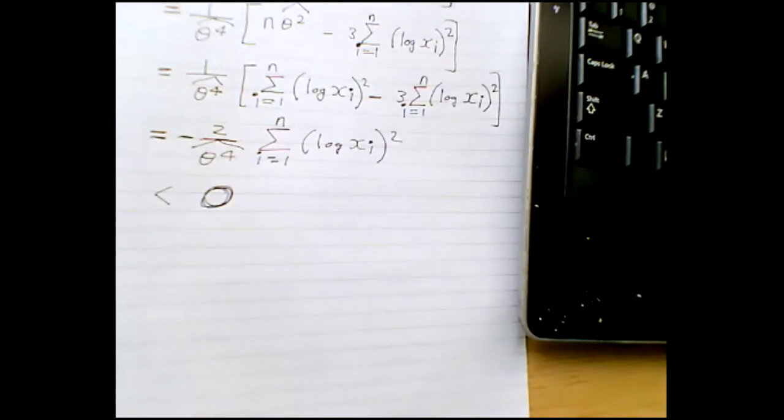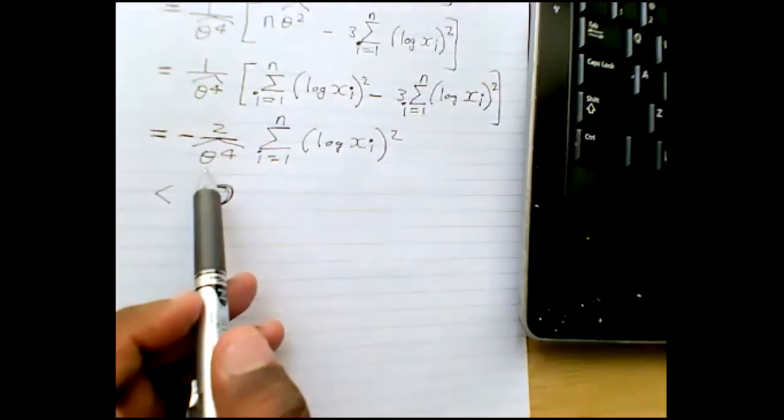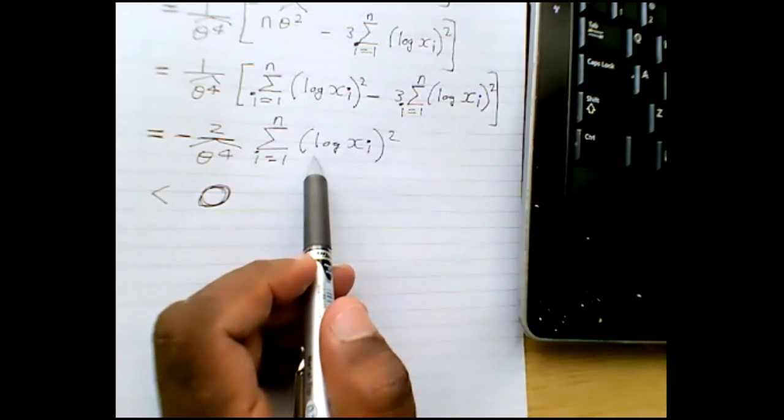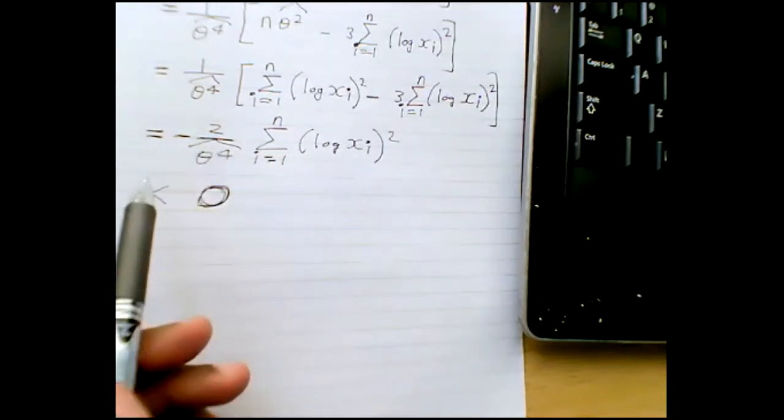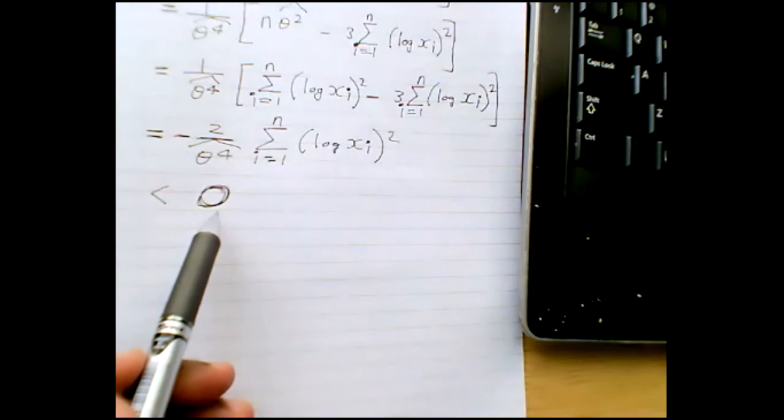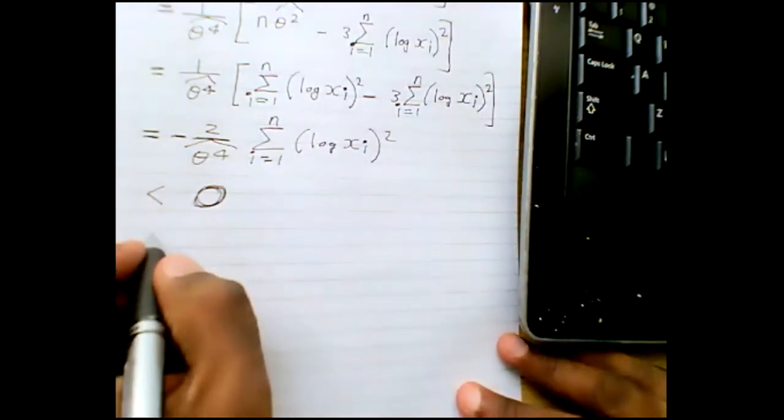Because I mean, this term is clearly positive. This term is clearly positive. 2 is a positive number, so this must be negative, right? So hence,